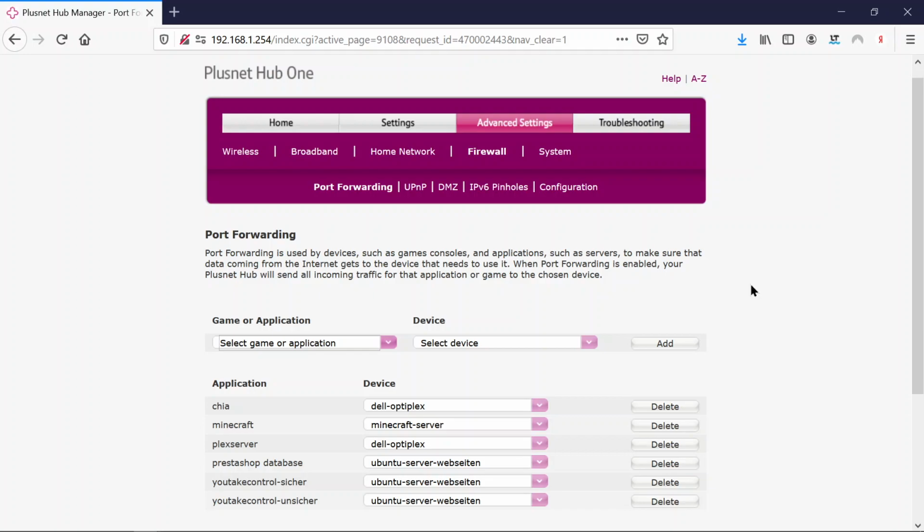So the best thing you can do is to change your password, even if it's one of those which came with a router which isn't ABC or CDE or 1, 2, 3, 4. Even if it looks more complicated, there are lists of passwords available for every type of router. So even if it looks like a complicated one,